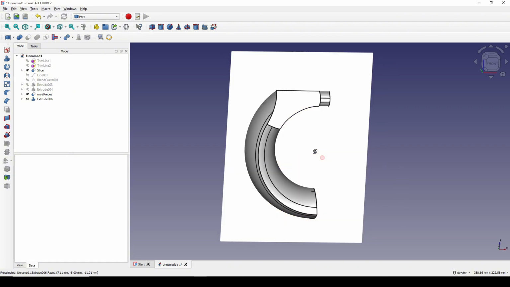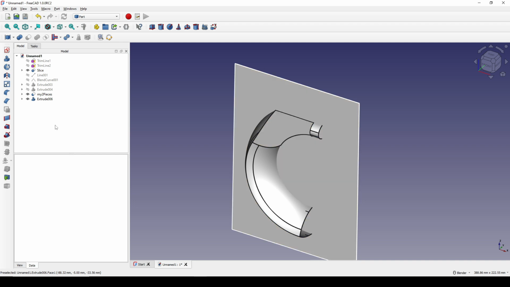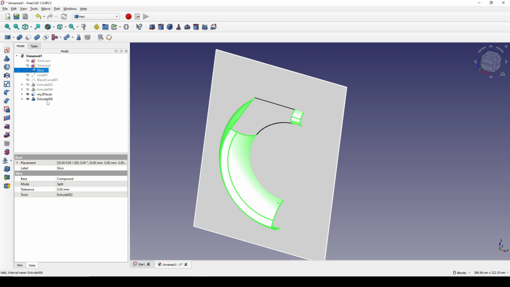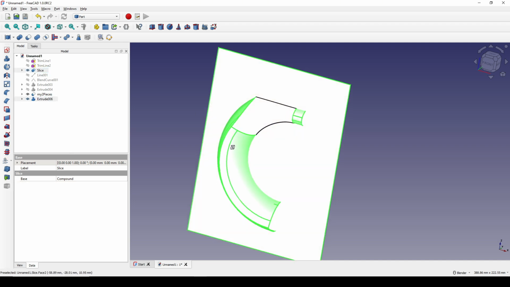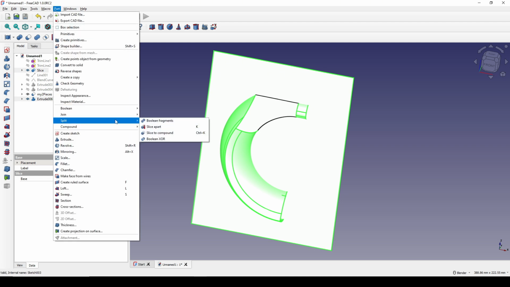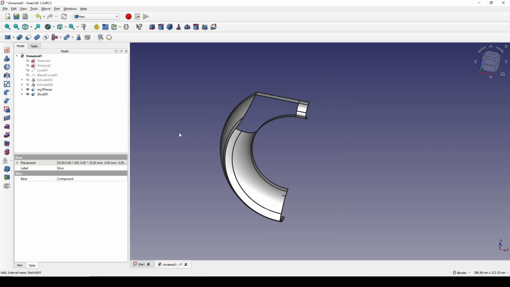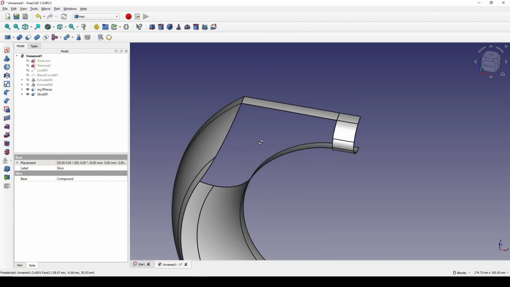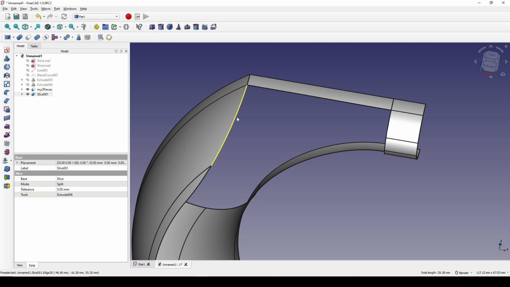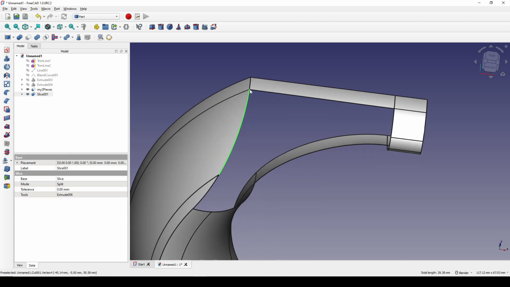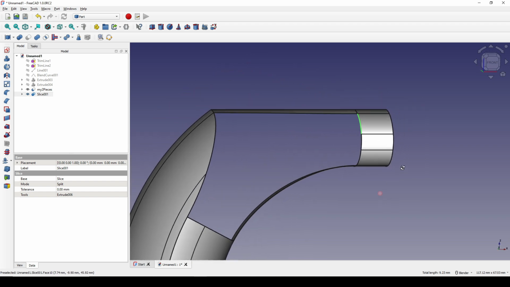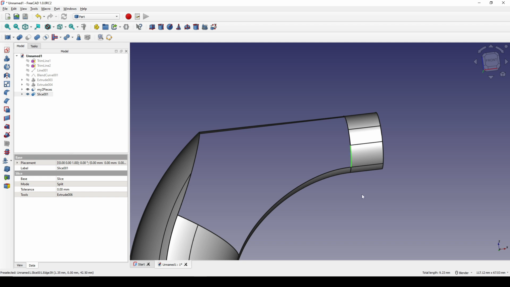Next, I will control-select the slide, and then the Extrude006, and then I go to Part, Split, and then Slice to Compound. Now if I come in here and I move my mouse over here, you can see we now have this edge, and also in here we have this edge. Down here we have this edge. Okay,